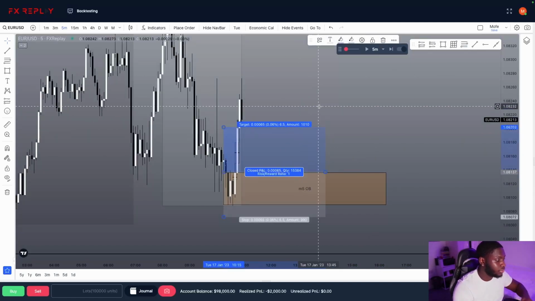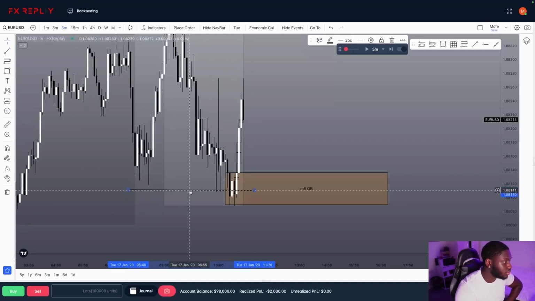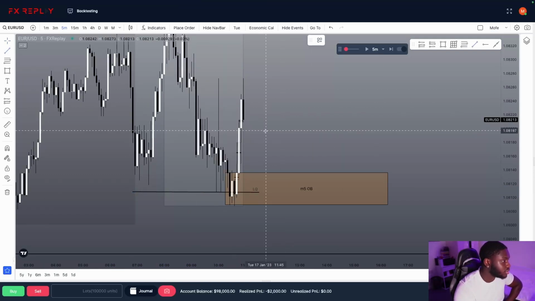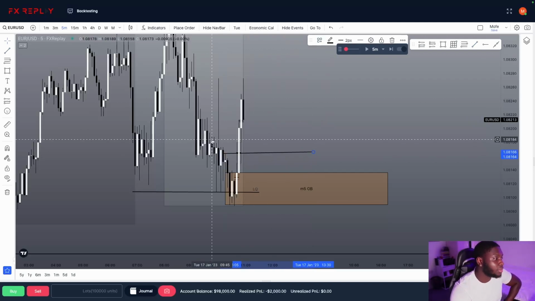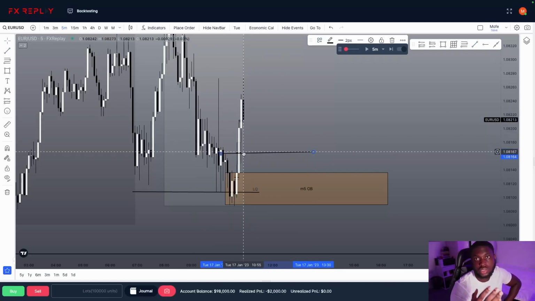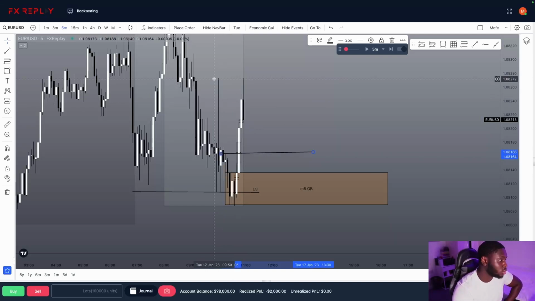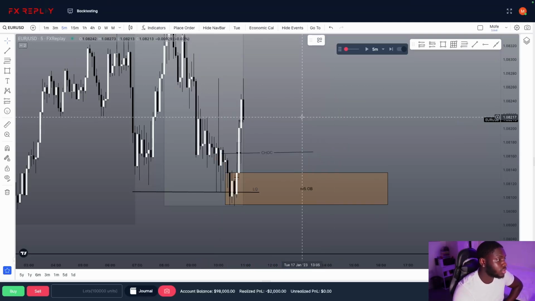So we have our liquidity sweep of all these lows, or this area. So that would be our LQ sweep. We have our break of structure, or CHoCH, of this high. This is the only high really required to be broken. I mean, price has broken way more highs, which is also higher confluence, but this is the main high I need to see broken. The next main high will probably be this high, but I'm not sure if we're going to see that. So we have our CHoCH, so we have the liquidity sweep and CHoCH.